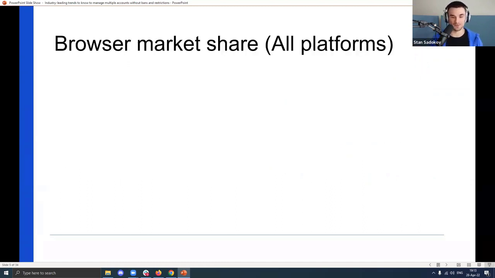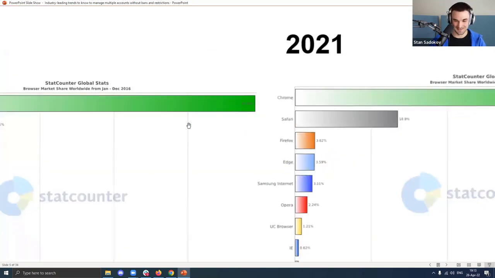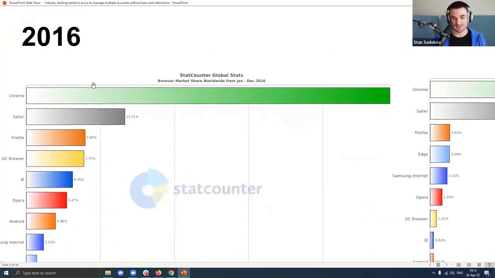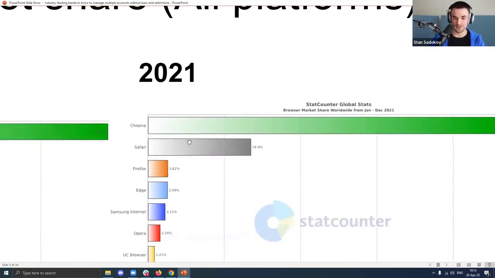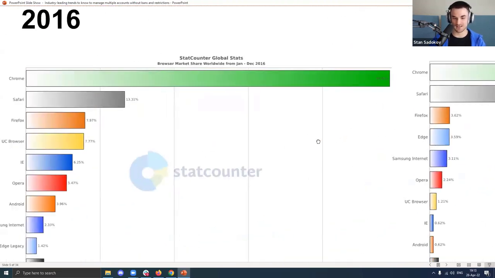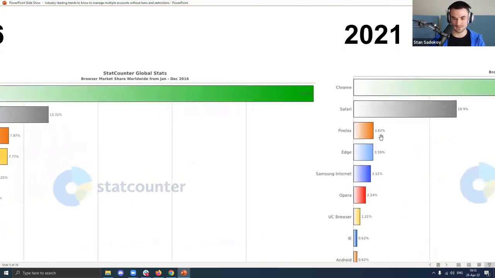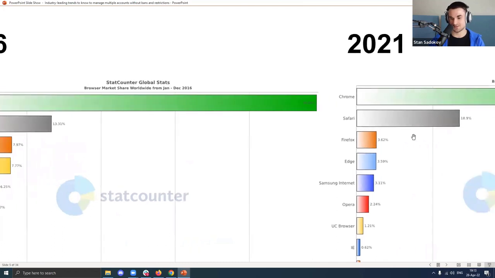To answer this question, we can just quickly look at the browser market share. Now, bear with me, it's very small numbers, but we can zoom in. As we can see, in 2016, Chrome roughly dominated 50% of the market share. Firefox was 7.97, and that is on all platforms. Now in 2021, Chrome has increased by 15%, and Firefox's share has decreased almost by 100%. So it was 8, now it's actually